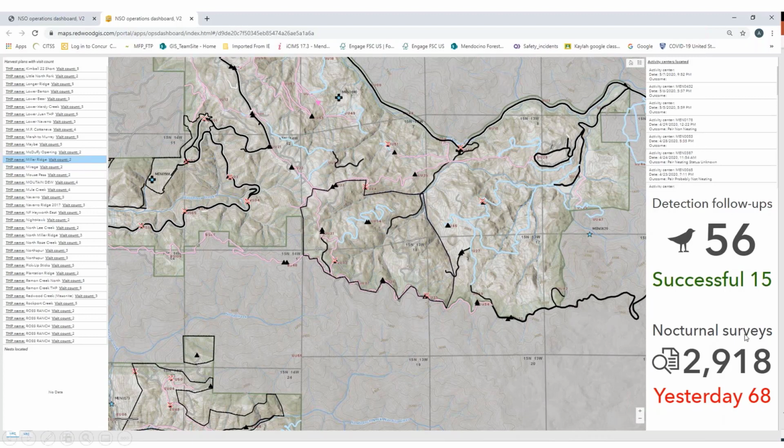For our executives, the number of surveys that have been done is a big, important number for them. And for me, a big, important number is what happened yesterday. Did all of our data make it back to the central database? And so we're able to serve all those needs with this data view, with this dashboard that we've built. And this is one of those things that we're going to continue to tweak along the way. As I think Audrey mentioned, different people kind of need different views into the data.